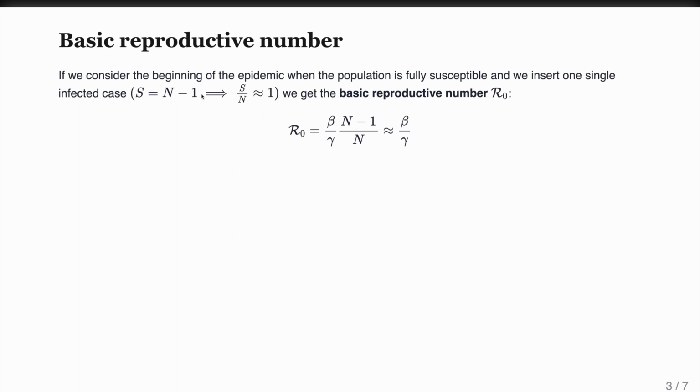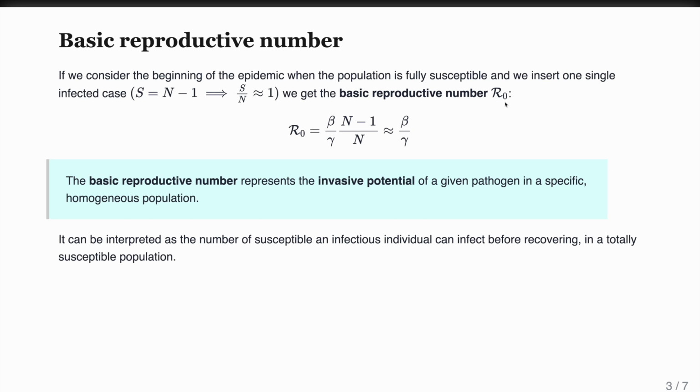So we can remove it from the preceding equation, and therefore the basic reproductive number can be described simply as beta over gamma. You can find the basic reproductive number written as R0, and sometimes you can hear it called also R-naught. So very similar to the effective reproductive number,